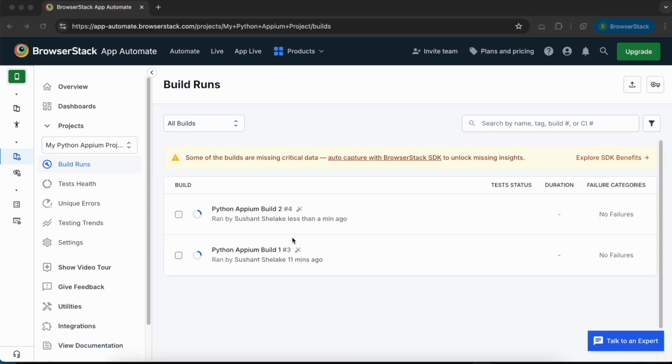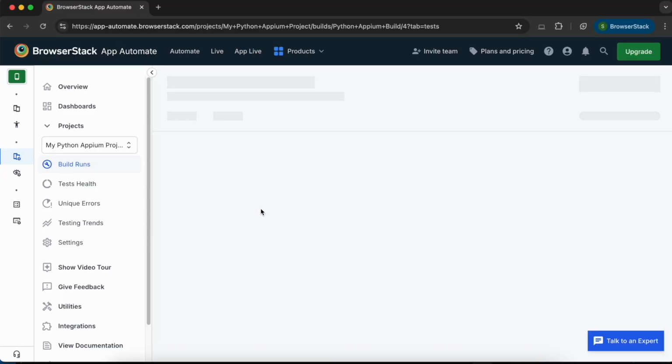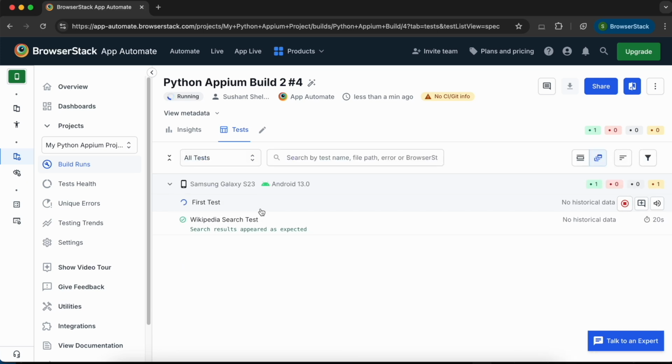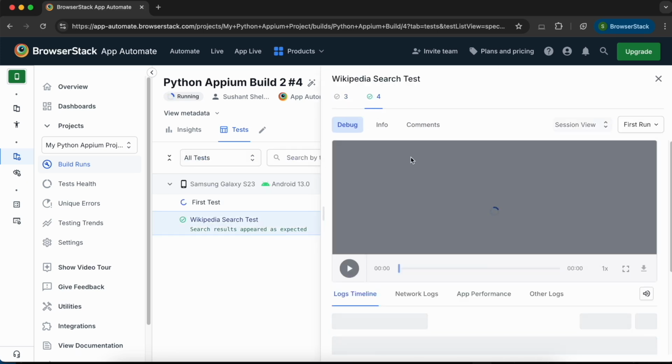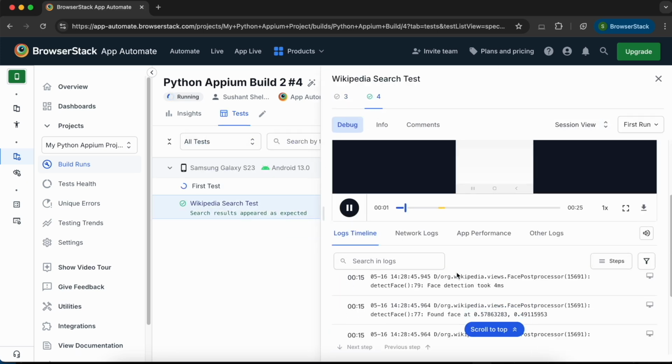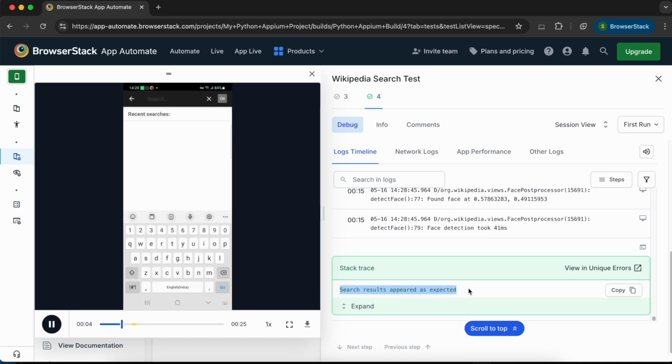Let's switch back to the dashboard. The build is running again, and this time, the test passes and the build is successful. And just like that, what used to take hours is now done in seconds. With BrowserStack MCP Server plus your AI agent, debugging failed automation tests is now faster, smarter, and fully automated with